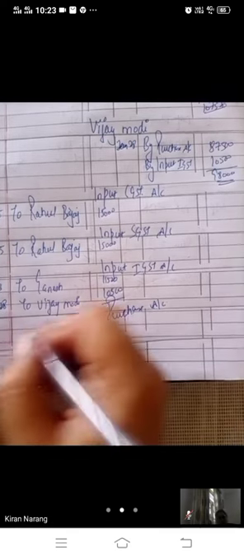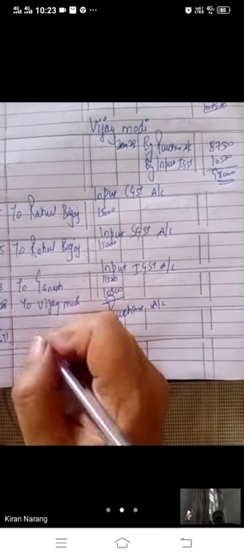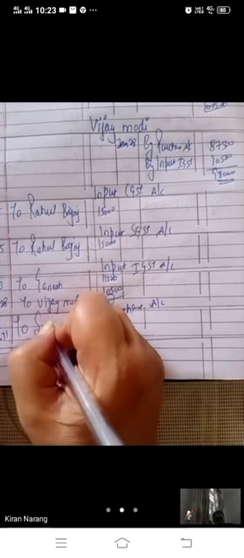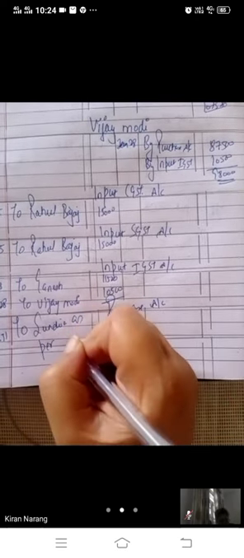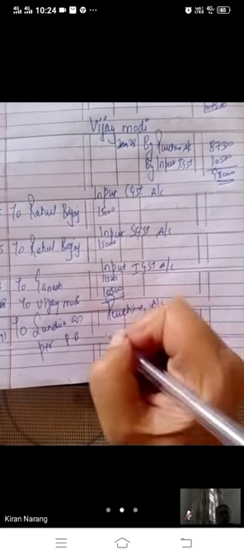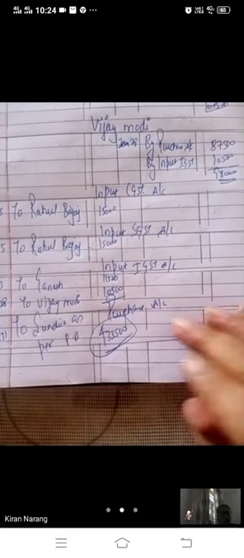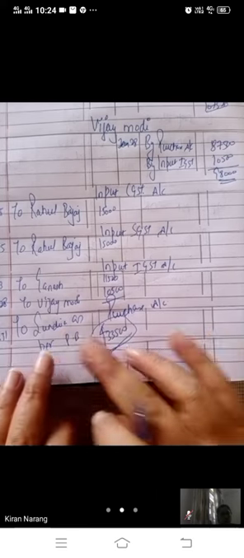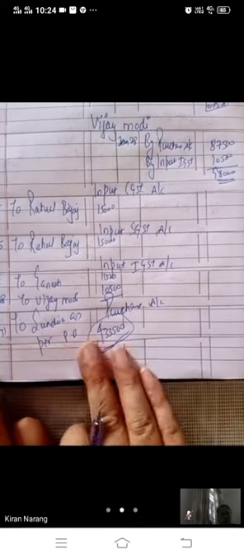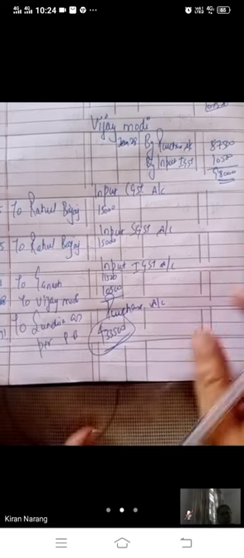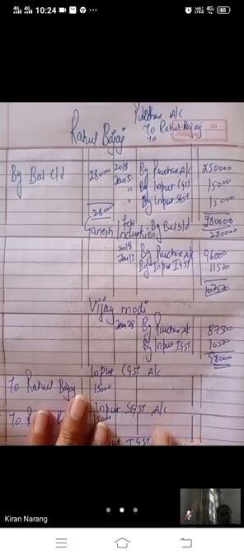Okay, children. At the end we have to write the purchase account. In the purchase account, 2018 January 31, we will write the total, and we write to sundries as per purchase book, that is 4,33,500, the total of the purchase account. Sundry stands for total. In the purchase account we will write to sundries as per purchase book. So this is the general posting, the ledger posting of the purchase book.